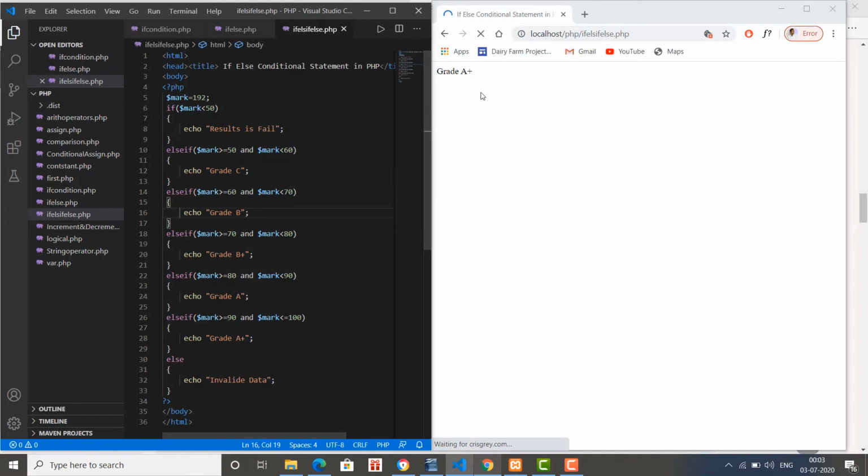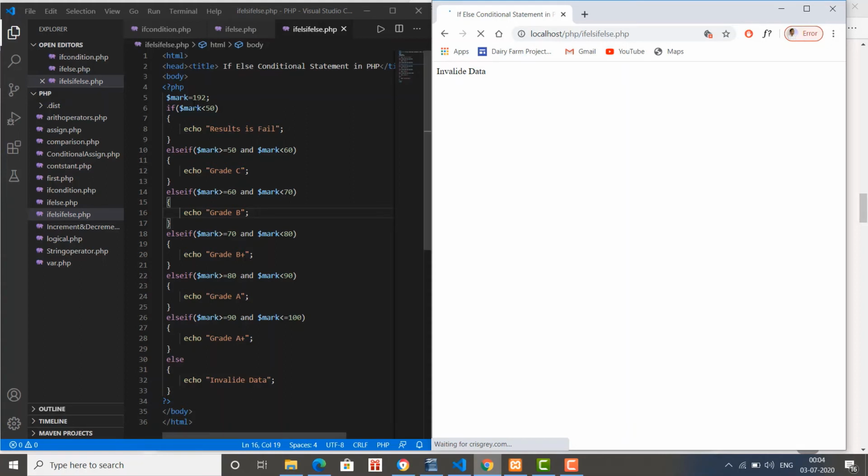Save the changes and refresh. It will say invalid data, because we are checking for the condition less than equal to 100. If we go beyond 100, it will consider it invalid data.